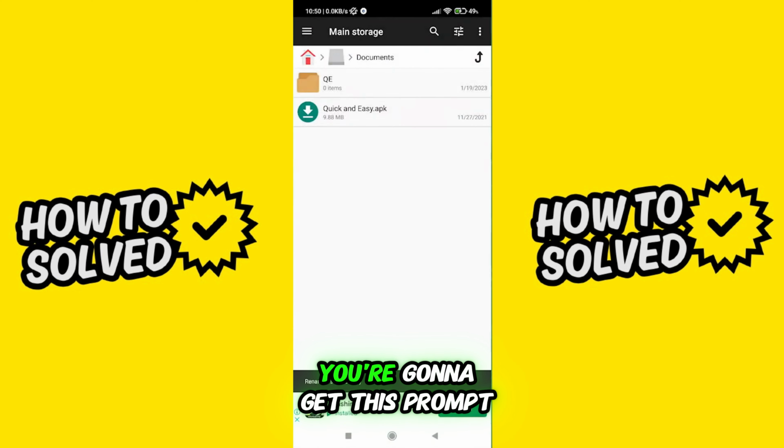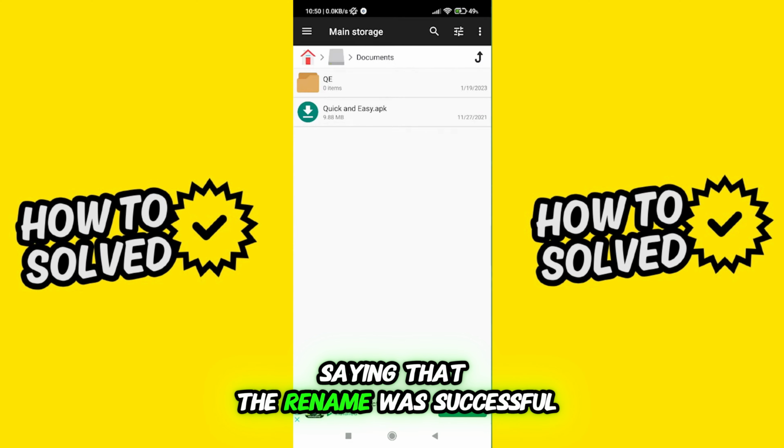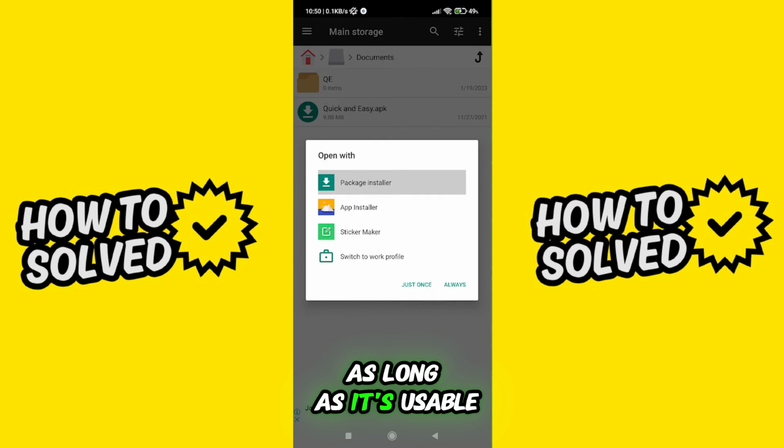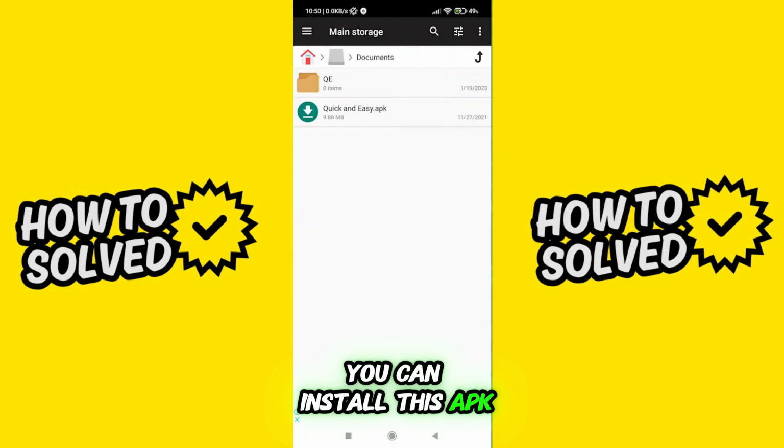And as you can see, you're going to get this prompt saying that the rename was successful and now the file became an APK file. As long as it's usable, you can install this APK as usual with any other app installers you have on